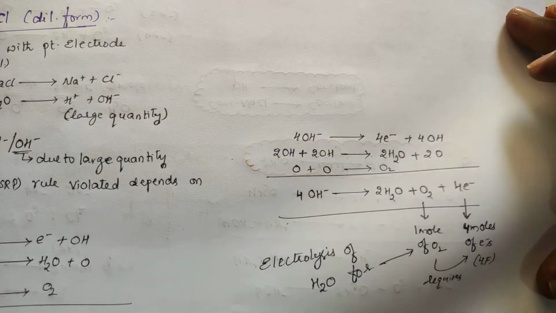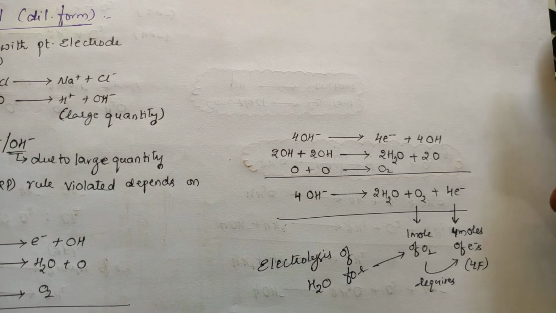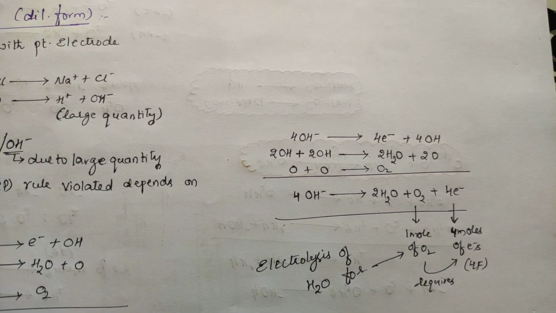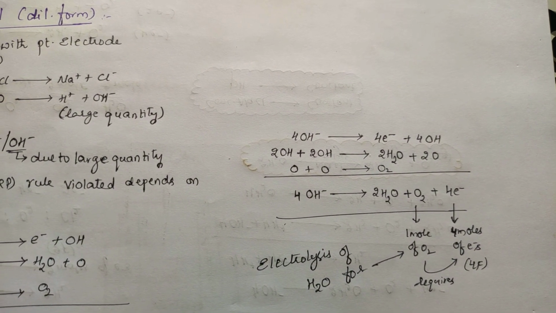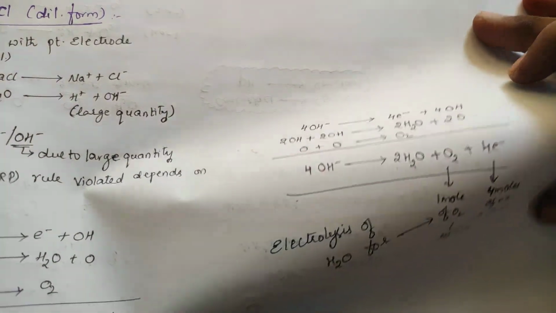So this is used in submarines to produce oxygen, right? They will have a lesser amount of oxygen. So as to survive, they subject water to electrolysis, so that the oxygen that comes from that electrolysis, they use for their survival. It is mostly used in submarines.